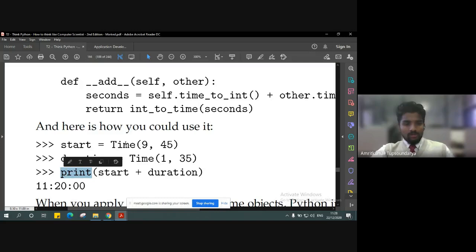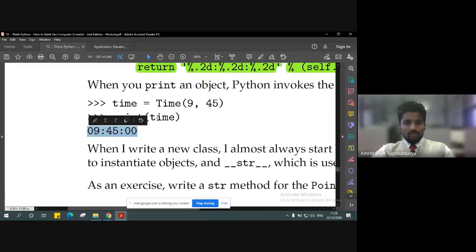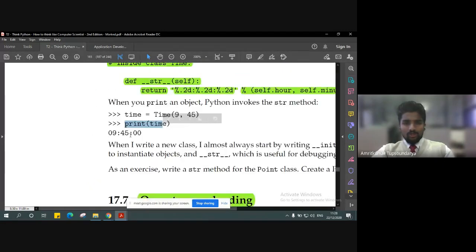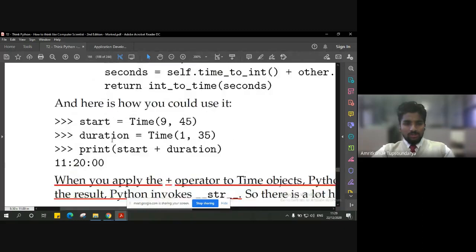It is similar to what we saw in the previous example: when we call print time, it is getting converted into a string. Similarly, when we print this statement after the computation, print is going to convert that integer value into a string value, and then we get the string here.